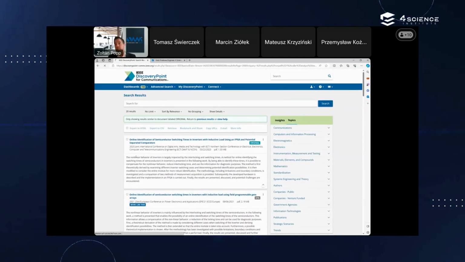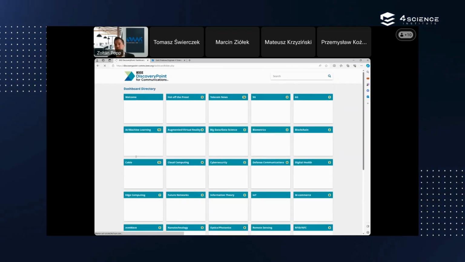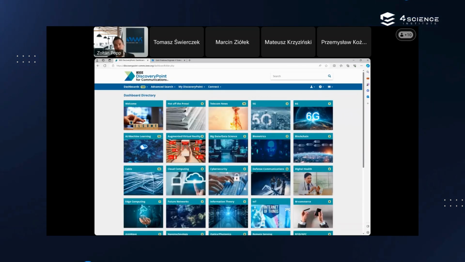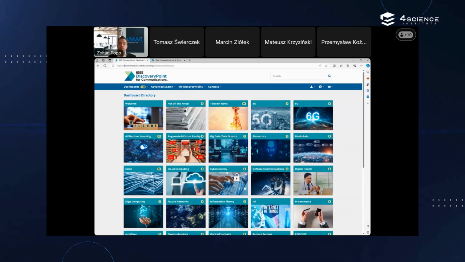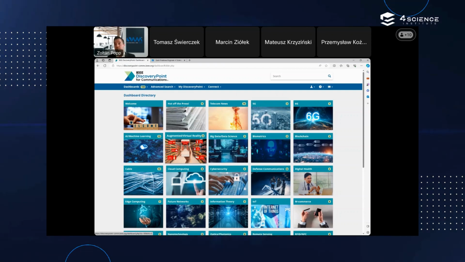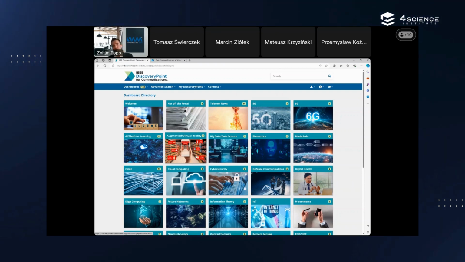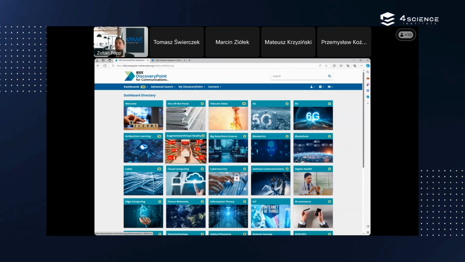Also, this was just, let's say, the traditional searching way. And this is something which is revolutionary on the market, nothing else than the so-called dashboard searching system. Here, IEEE decided to help the engineers a bit more. Instead of doing